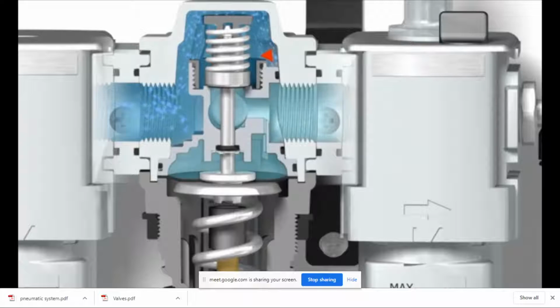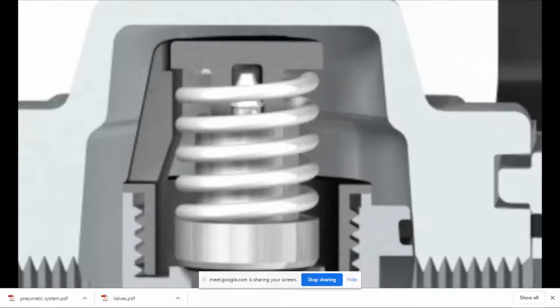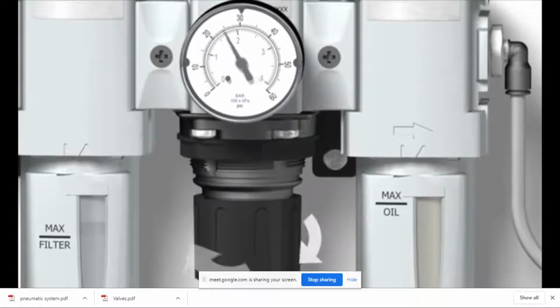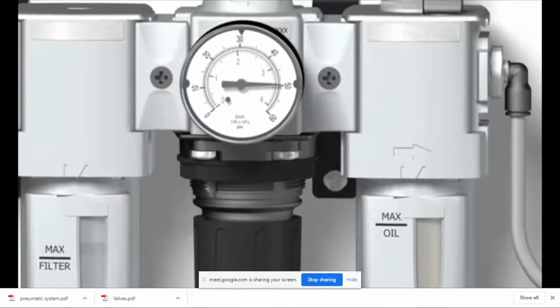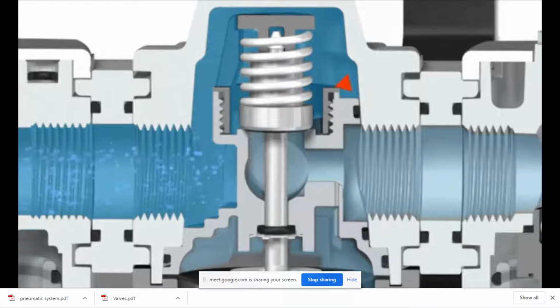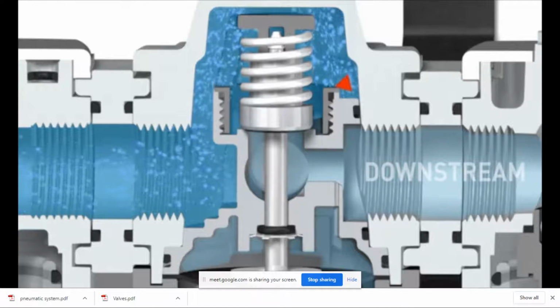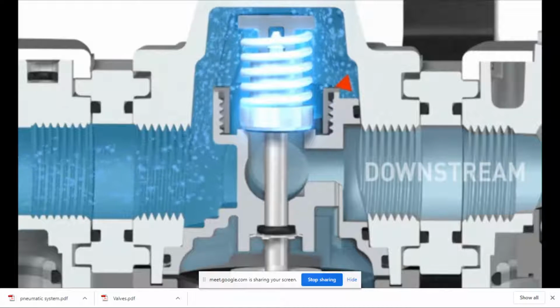Higher pressure allows the actuator to put out more force, and lower pressure creates less force. The regulator achieves this using a spring-loaded assembly. The knob on the regulator adjusts the force of the control spring to achieve a desired pressure set point. Whenever the downstream pressure level drops lower than the desired set point, the poppet, or internal valve, opens a pathway